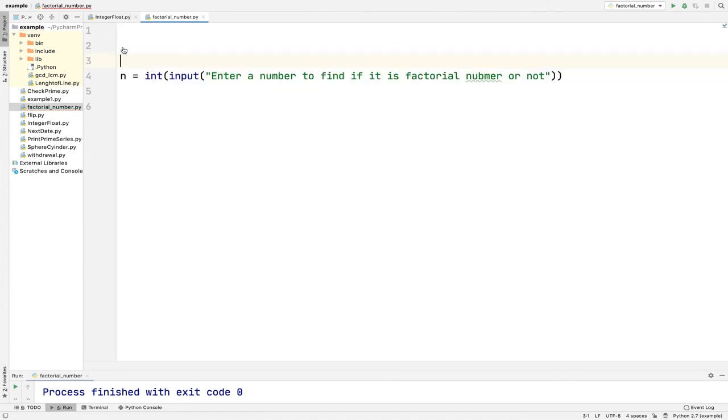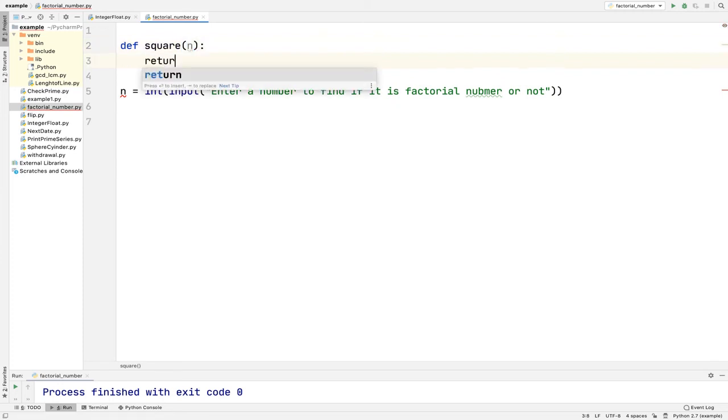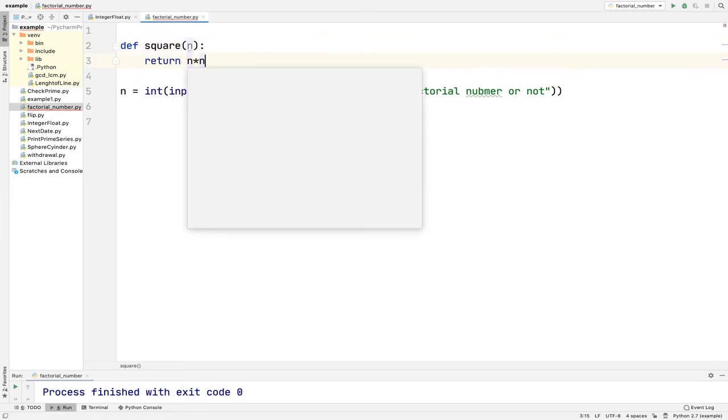What we will do, we will first write a function def, we will name the function square. So whatever number you enter in this function, it will return the square of this. And how to find the square? Just multiply it twice. So square n.